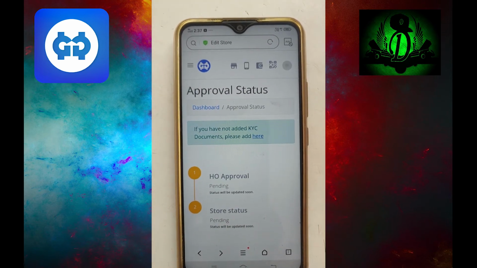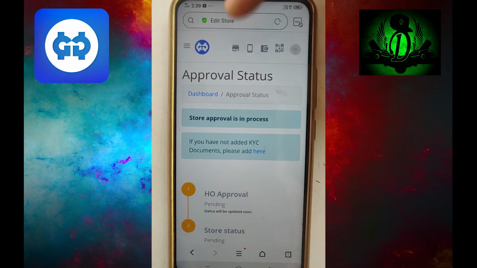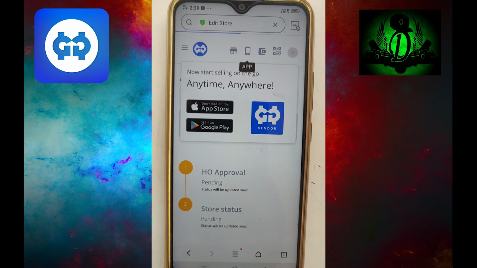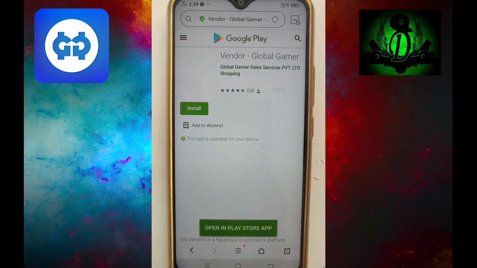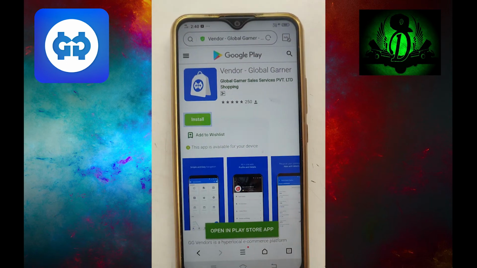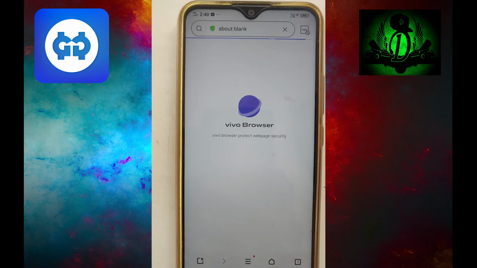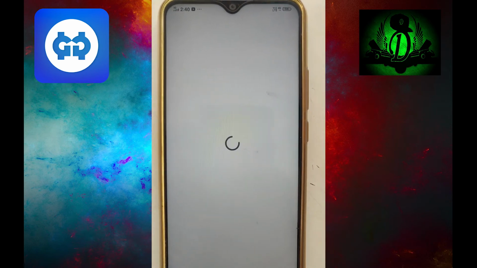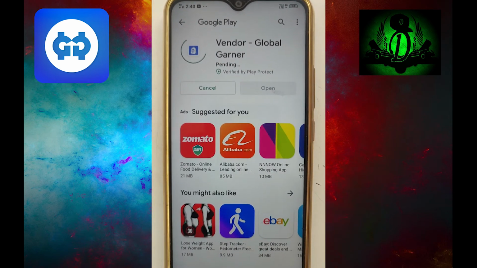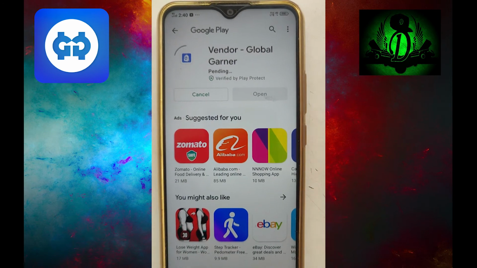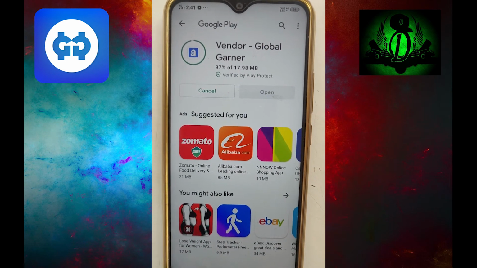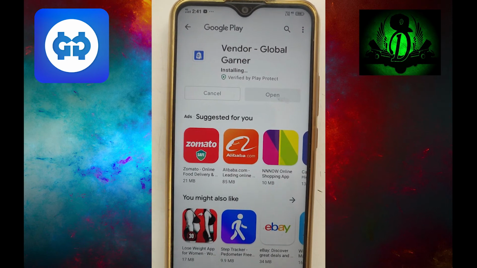Now install the app from the top mobile symbol, either from Google Play Store or App Store. For your referral, the application name is Vendor Global Garner.